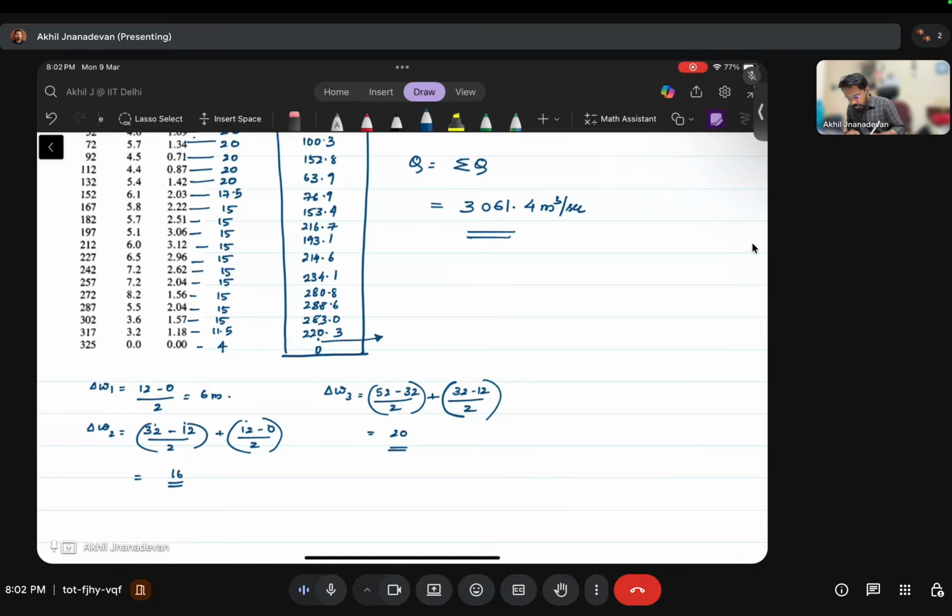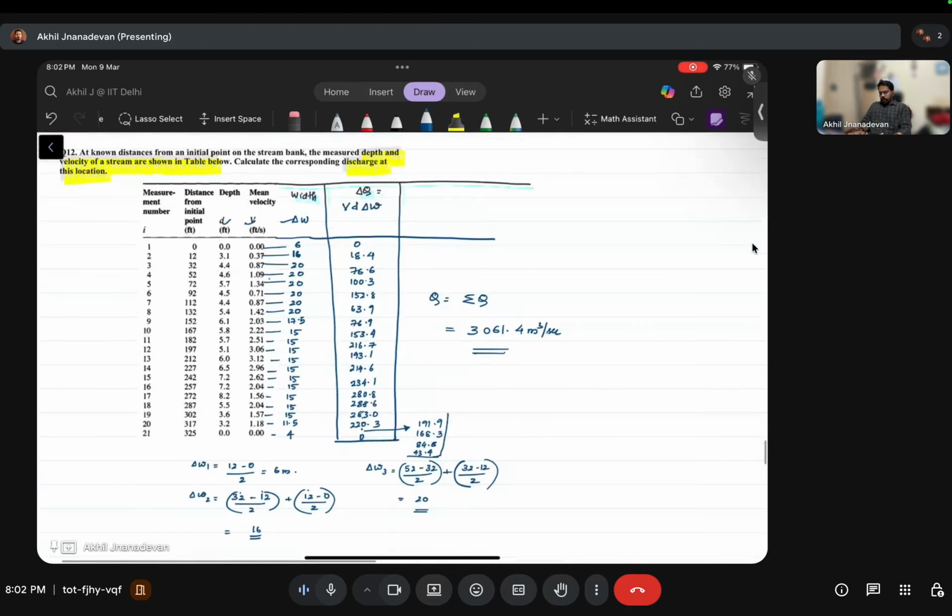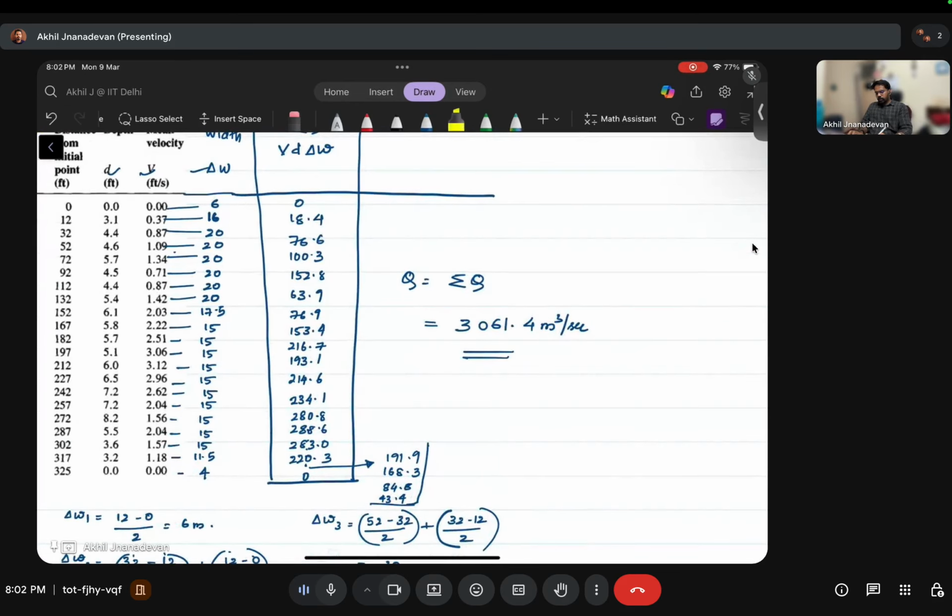I'm continuing it here to 220.3, then 191.9, 168.3, 84.8, and 43.4, followed by 0. These four are also a part of this, and finally followed by 0. You can check the final answer should come around